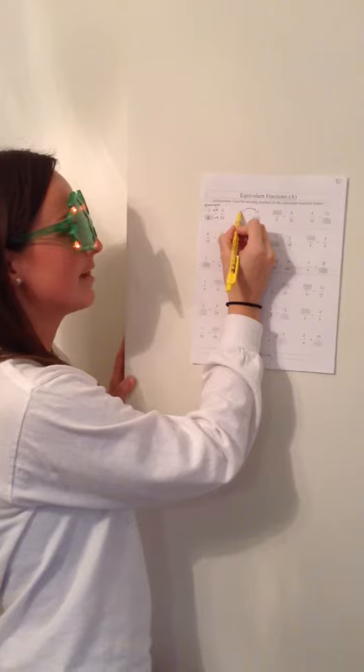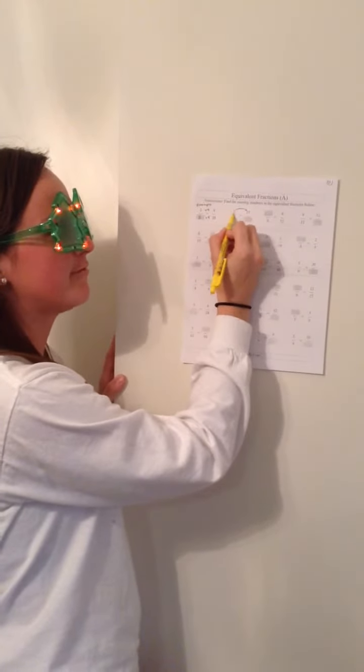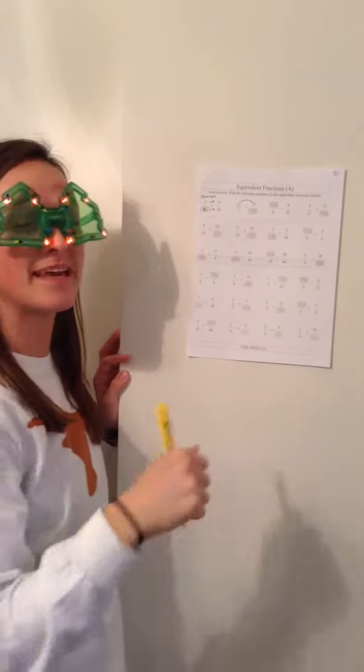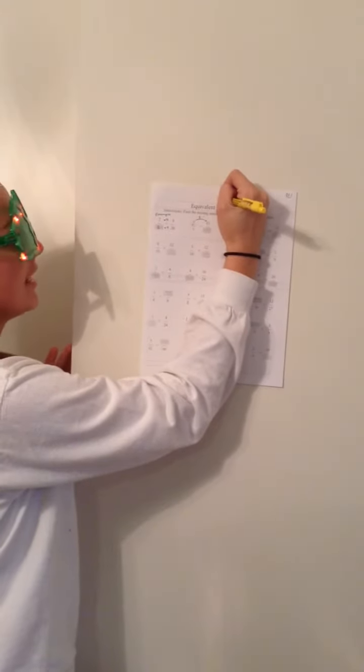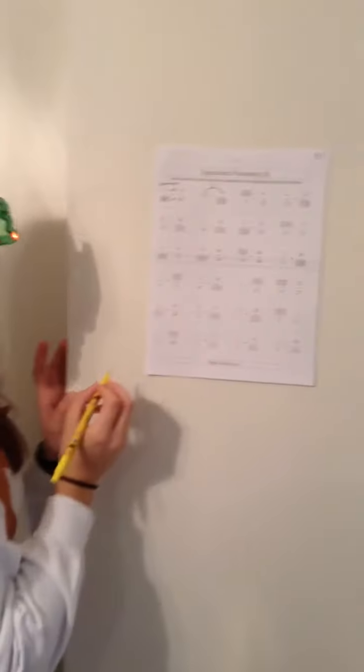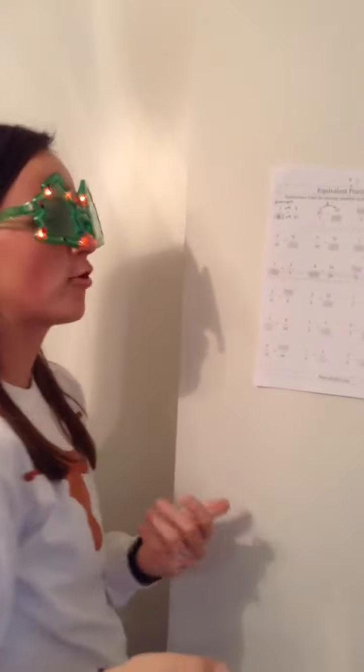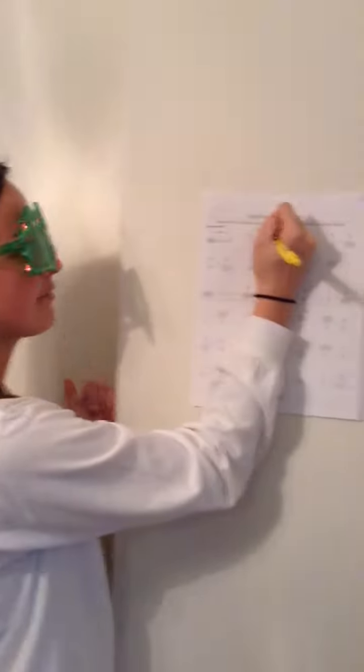So I can see that I have a 5, and I need to figure out how to get from 5 to 15. I know that if I'm getting a larger number, I must be multiplying. So you might want to make a note to yourself, if the number is going up, you multiply. If the number is going down, you divide. So I need to figure out 5 times what number is 15. Well, if I roll my 5s, 5, 10, 15, I know I have 3 fingers up,